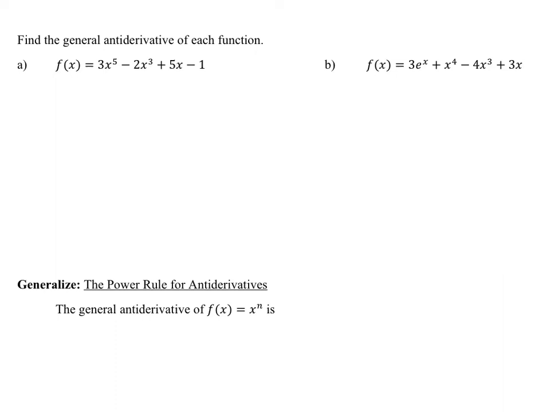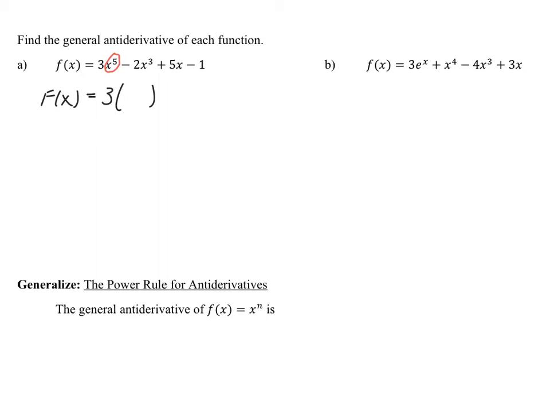Let's work through two examples where we are going to find the general antiderivative of each function given. So our first function, f of x equals 3x to the fifth minus 2x cubed plus 5x minus 1. So we'll go ahead and use capital F of x to represent the antiderivative. And this first term has a coefficient of 3, so I'm just going to leave the 3 out in front. And now we're going to work on trying to compute the antiderivative of just the x to the fifth